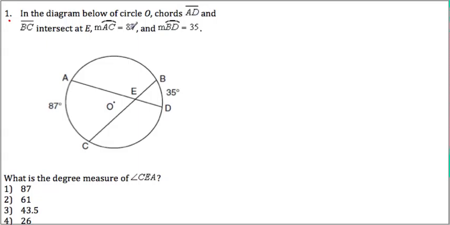Here we have those two chords given, and this is 87 degrees and BD is 35. What is the measure of CEA? CEA, let's call this one as X. And how do you figure out the measure of the angle? The angle formed by two intersecting chords can be given by the sum of the two intersected arcs, 87 plus 35,